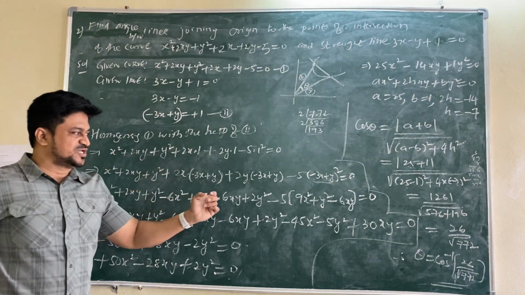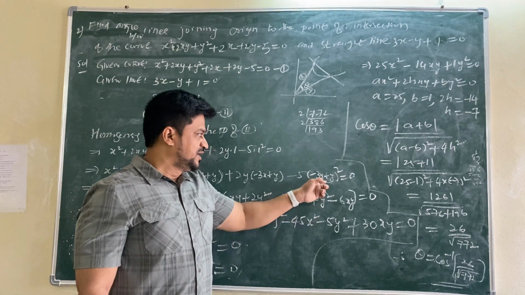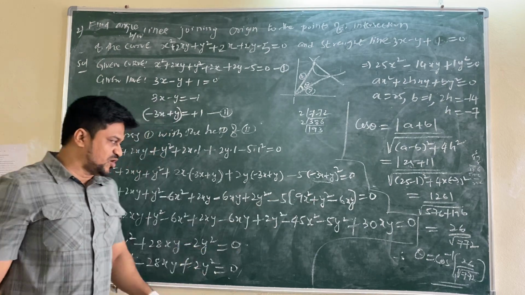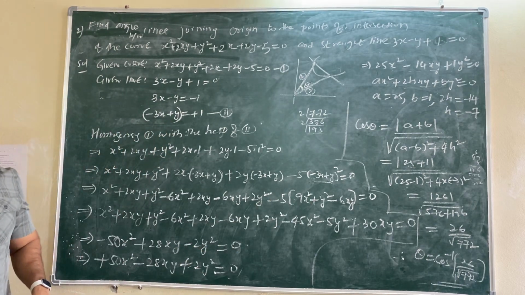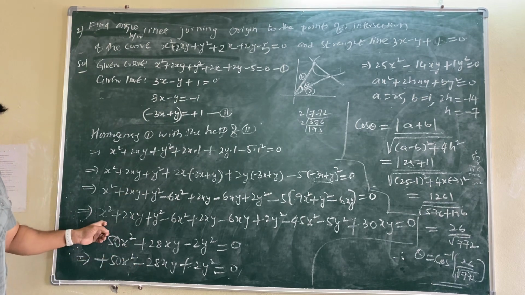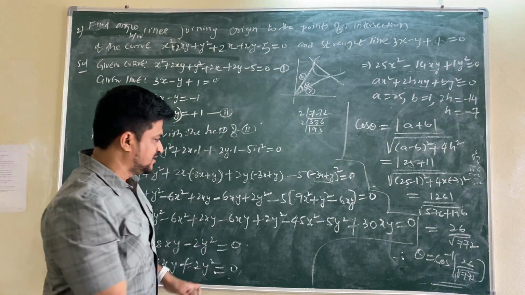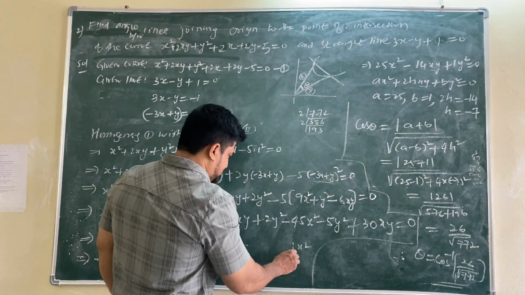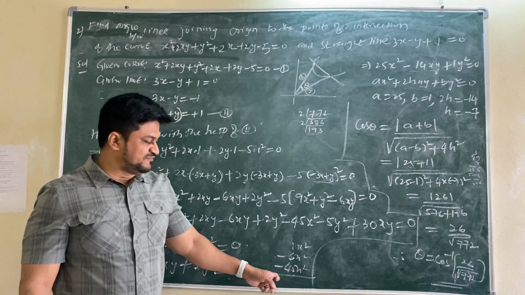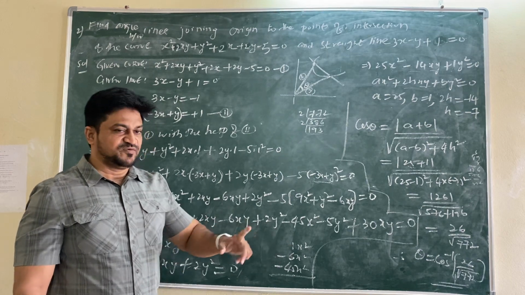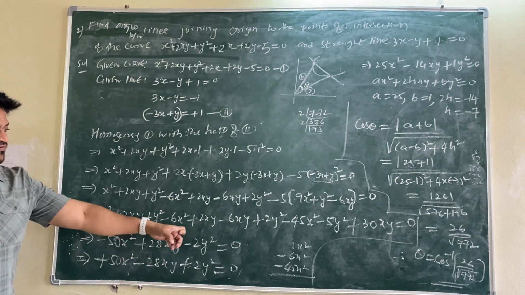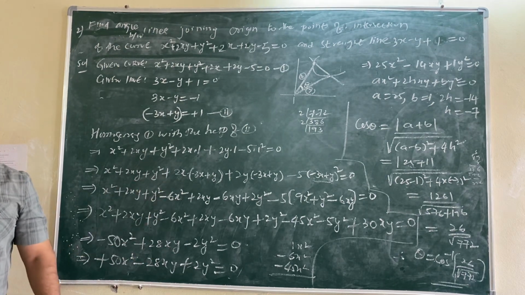At the time of simplification, here a minus b whole square, you have to remember is a square plus b square minus 2ab. Then this minus 5 is multiplied to all. After that we have to arrange the terms in order, meaning how many x square terms are there, how many xy terms, how many y square terms. Here we find 1x square is there, minus 6x square is there, and minus 45x square. How to calculate this? First check how many negative terms are there: minus 51, positive 1. So minus 51 plus 1 is minus 50. In that way, then xy in the middle, then y square terms. You can consider y square and xy in either order, your wish.